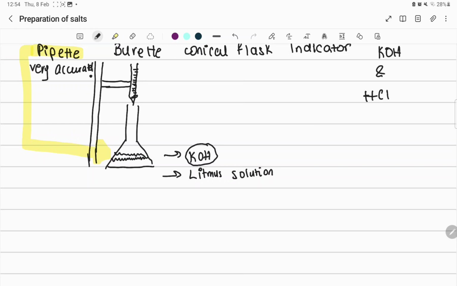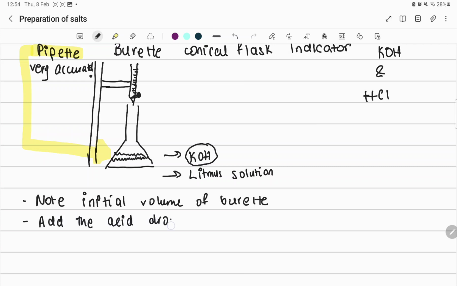Now what you're going to do is have the acid filled in the burette to a certain volume, whatever volume you are comfortable with. So you're going to note the starting volume of the burette. Then there's this clamp over here that you can rotate. So you're going to add the acid